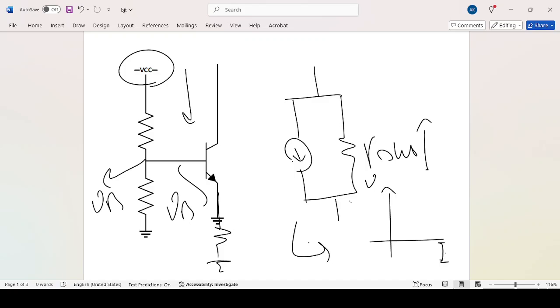We always like to have a constant current which does not depend on the voltage of the current source, but we do not have that, and we will have something like that when R out is smaller, and we will have something